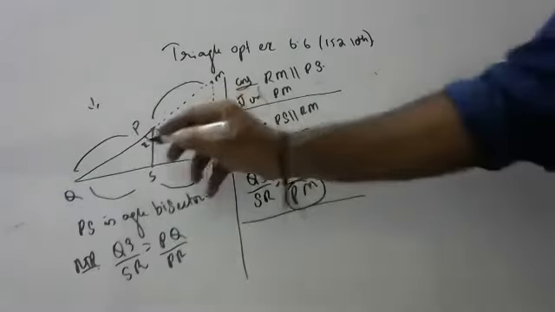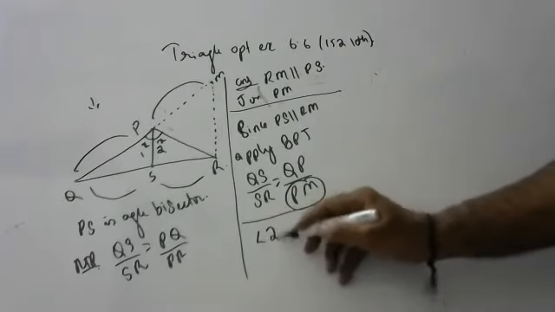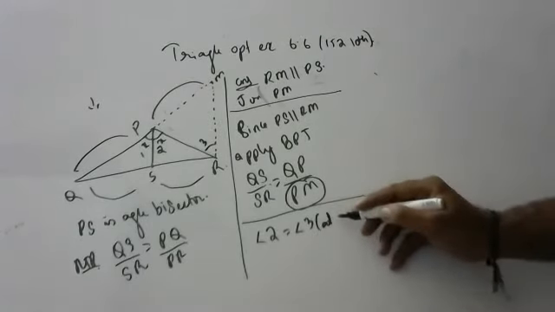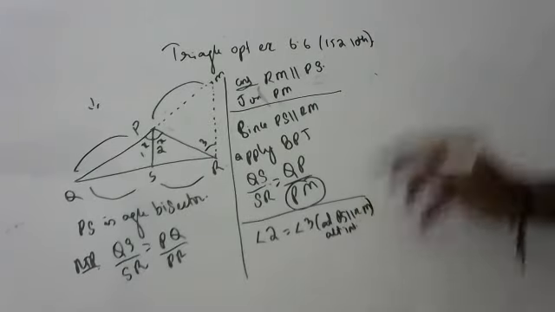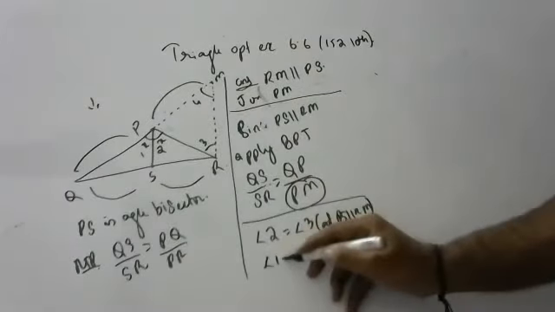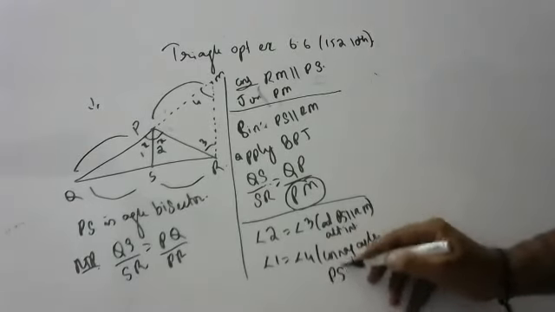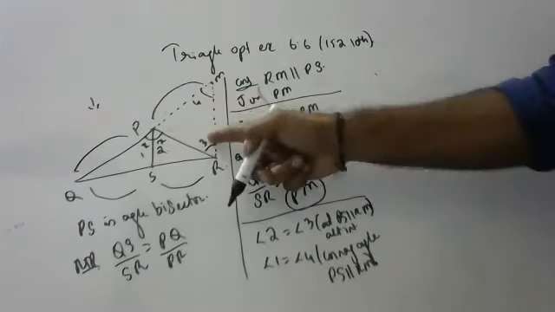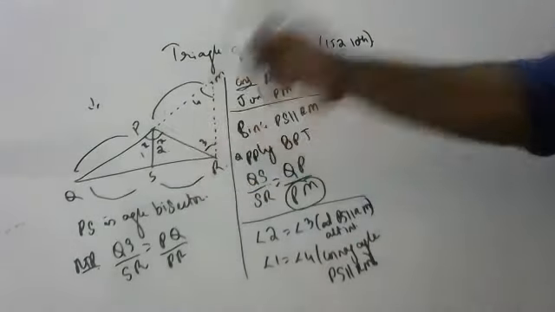Okay, see, children, angles 1 and 2 are equal. Now, angle 2 is equal to angle 3, I will say. Can anyone say why? Alternate interior angles. Since PS is parallel to RM, alternate interior angles are equal. I will say angle 2 is equal to angle 4, angle 1 is equal to angle 4, corresponding angles of PS parallel to RM. Children, this and this are equal, this and this are equal. These both are alternate, these both are corresponding.